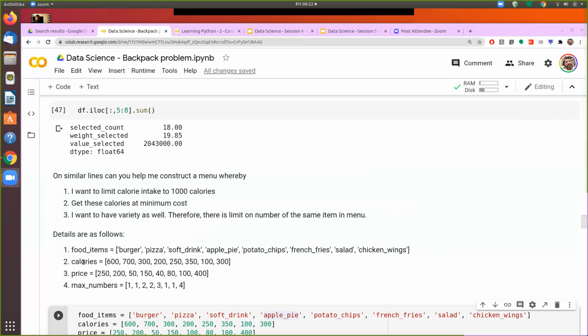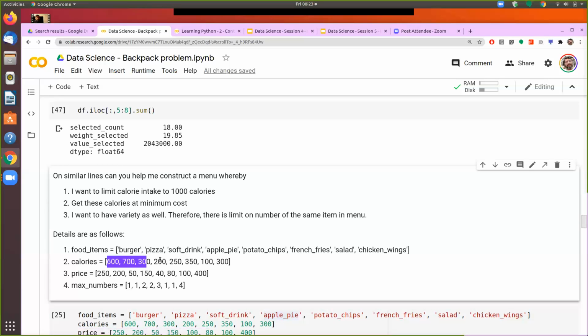Now from the system perspective, can I replace burger with gold or pizza with silver or soft drink with the bronze statue? It is the same thing. That is the abstraction you will have to think about in abstract terms. The calories is for the system, I am just giving a number. So these numbers, whether it is the number of calories or weight, from the system perspective, it doesn't really matter. It is just doing computation with some numbers.